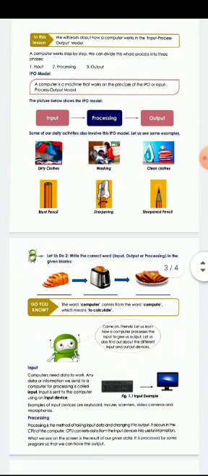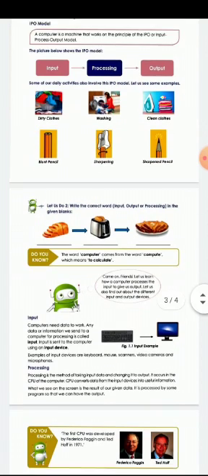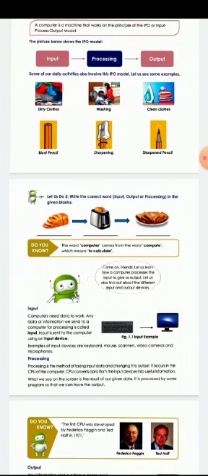Next, blunt pencil. The blunt pencil is the input given to a sharpener. Then what will that sharpener do? It will sharpen that and give a sharpened pencil. Okay, output is sharpened pencil. Next, bread pieces. Bread pieces are given to a toaster. Bread pieces are input, and here toaster is the processing machine. Here toaster toasts the bread. We will get the output toasted bread. Toasted bread you will get as output.